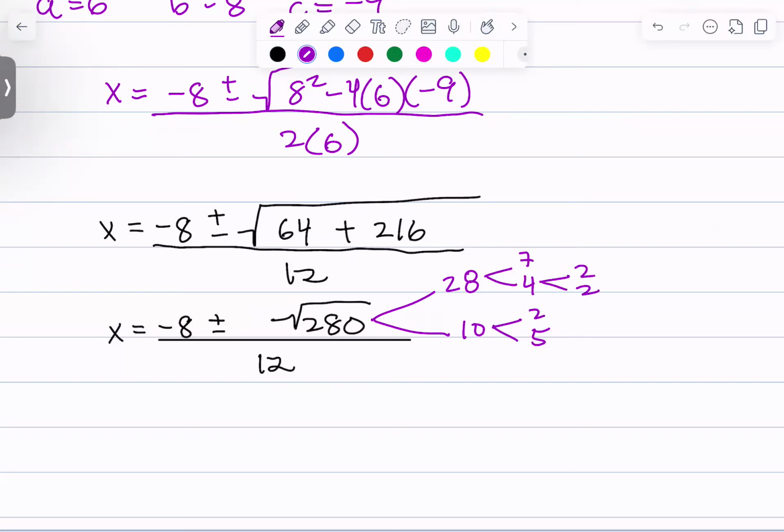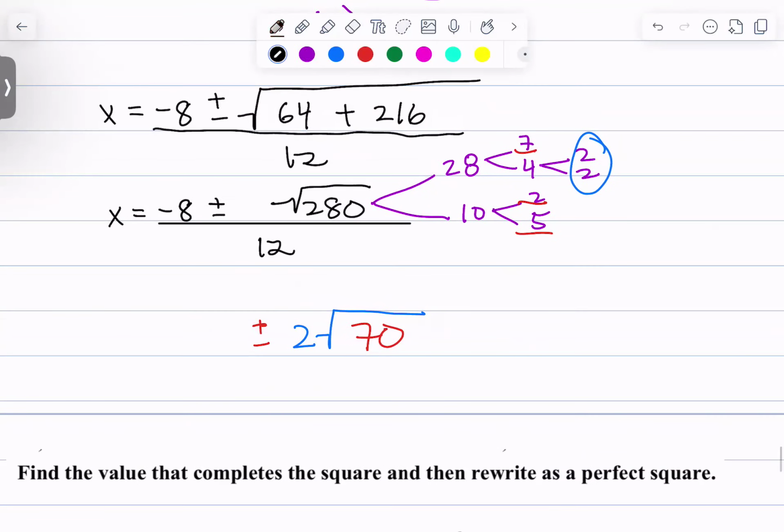4 is 2 and 2. So I can take out a 2. Correct? I can take out this 2. And then the 2, 7, and 10, they don't have a pair, right? There's no pairs for these numbers. So you multiply them out. That's 10 times 7, which is 70. And you just leave it in the square root. Okay? Plus or minus, negative 8 divided by 12,